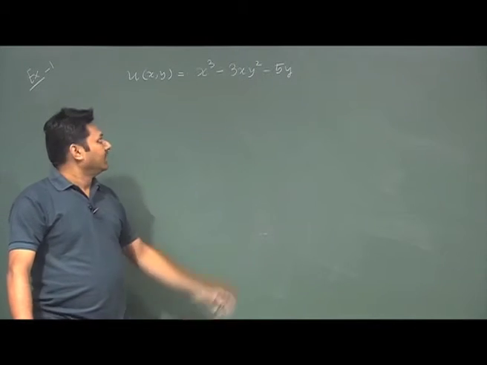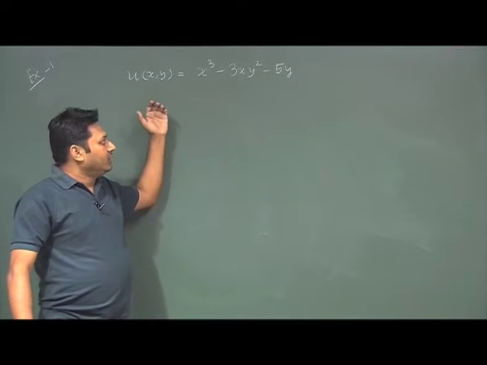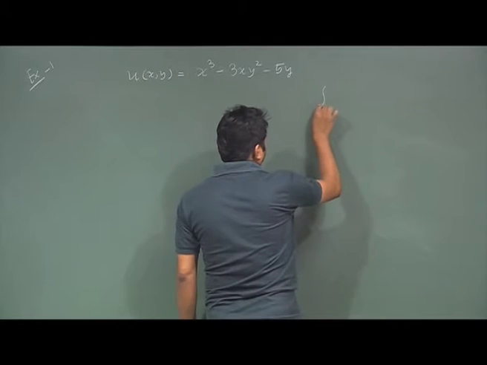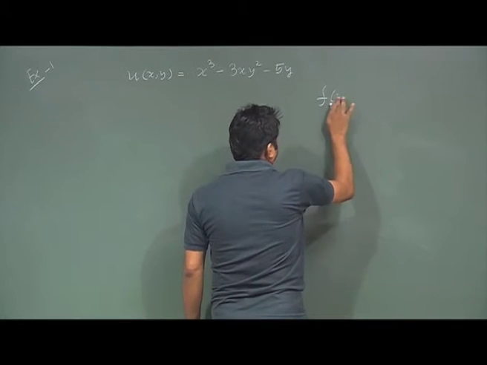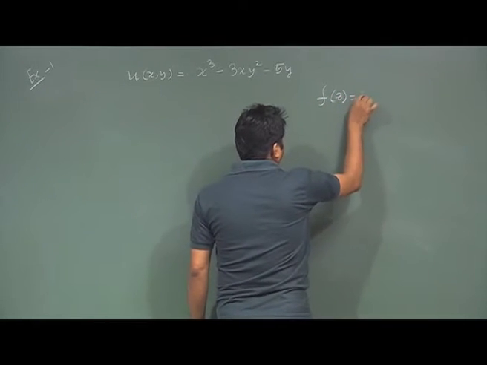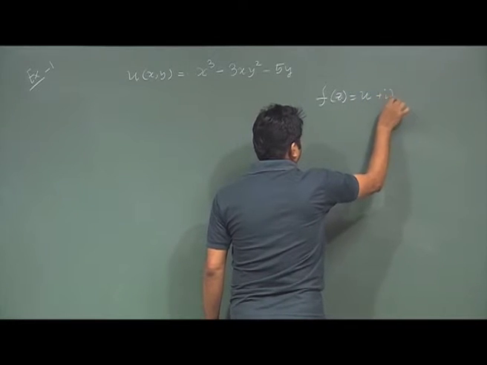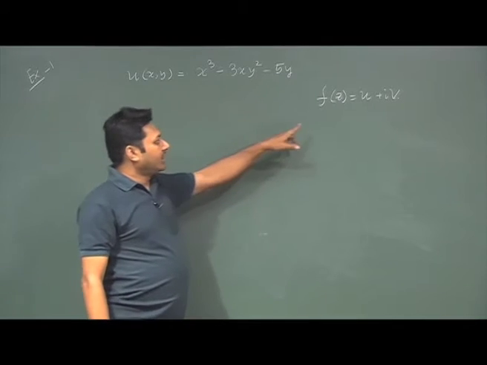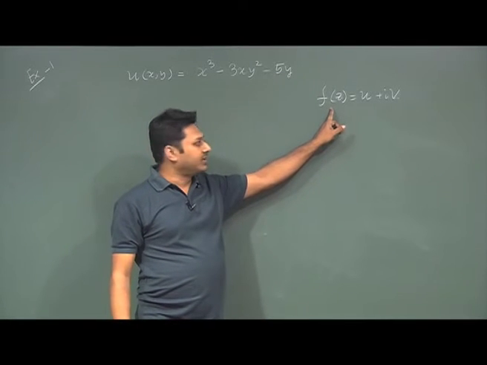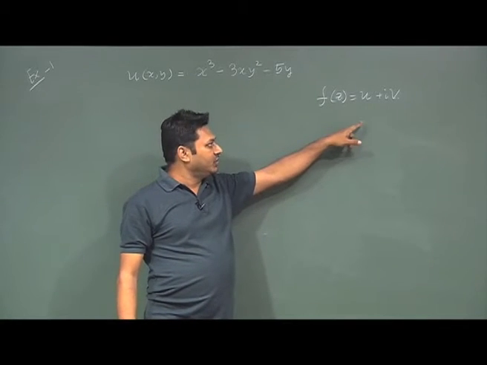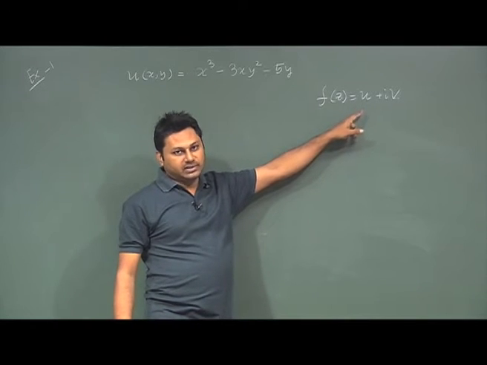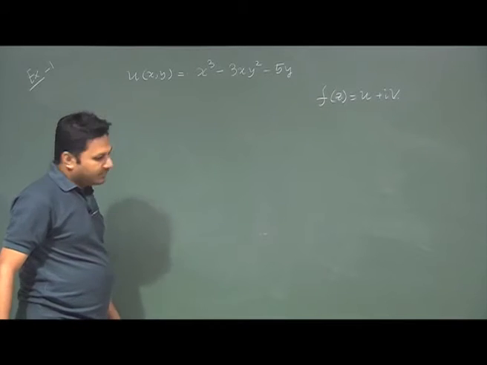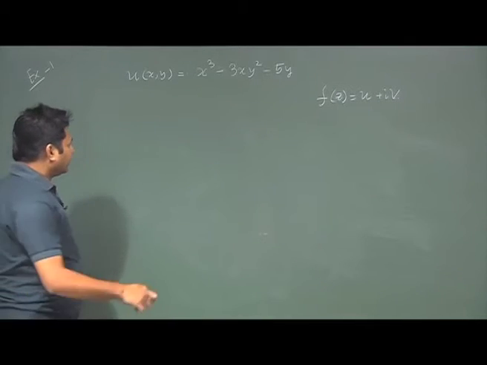The problem is that. So, u is given to you, you need to find out from u, because your total function is u plus iv, u is given to you, you need to find out what is your f(z) so that the function is analytic. That means eventually you need to use the Cauchy-Riemann equation to find out what is your v. So, let me do that, then maybe you can understand how things are going on.